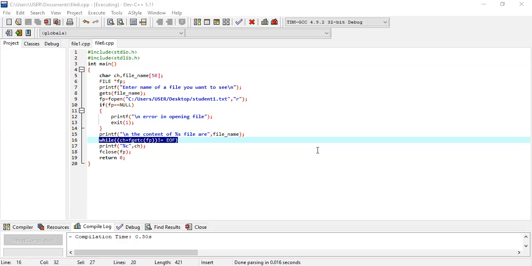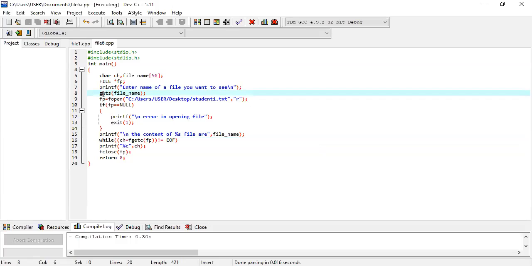Whenever you see f in front of getc, it means that you are working with a file. In the normal case, when we are using strings, then we use getc and putc. I'm not talking about gets, puts. These are different things. I'm talking about getc, putc.